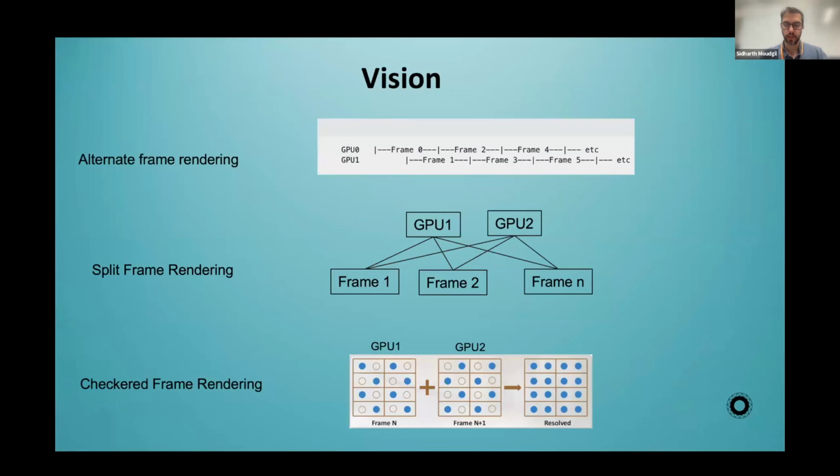The original vision for this feature was, in the classical sense, multi-GPU rendering essentially implies you can do stuff like alternate frame rendering, where you can render a frame per GPU. You can do split frame rendering, where you can essentially take multiple GPUs and render a single frame. So you can do a split screen or split it in more than 2 ways if you have more than 2 GPUs. Or you can do stuff like checkered frame rendering, where you can have a GPU render a subsample and then do a resolve at the end. So these are the classical ways of using multi-GPU to do multi-GPU rendering.